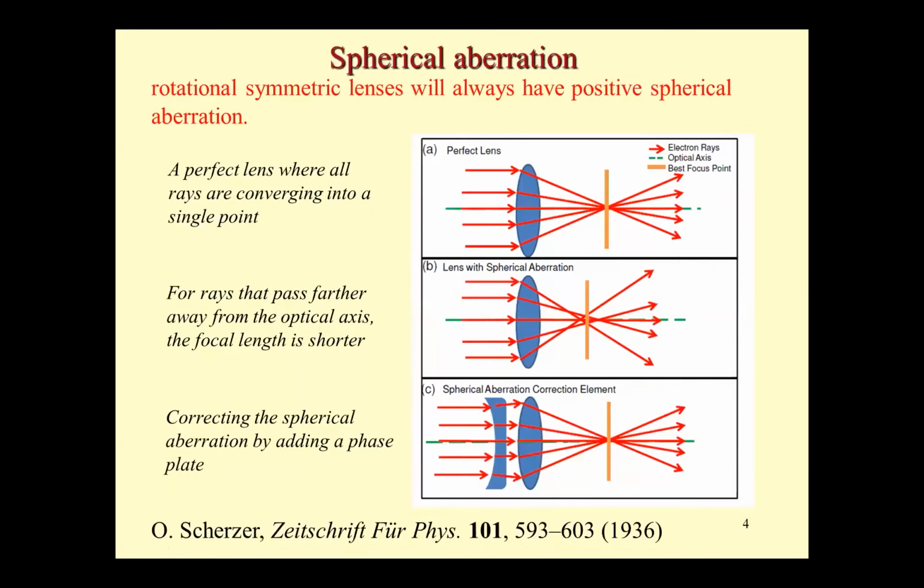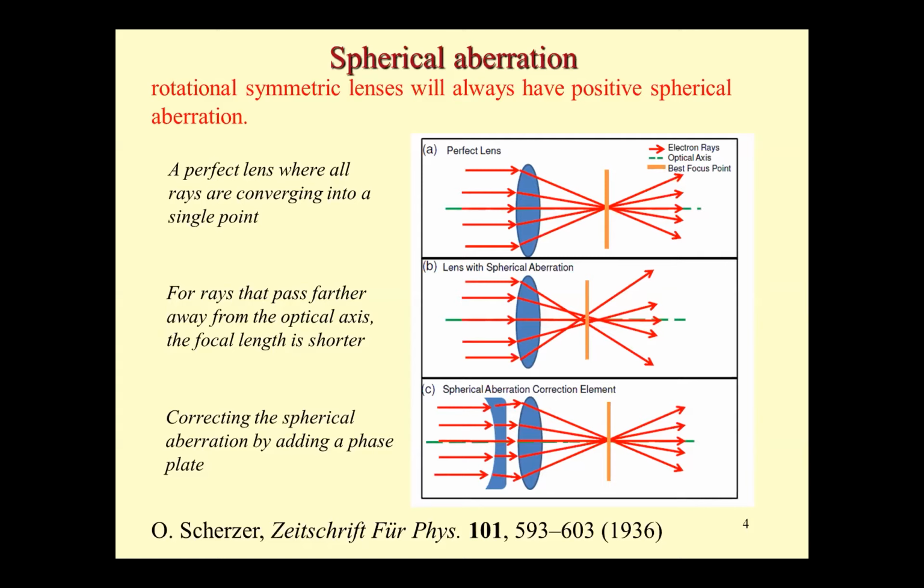And the problem, as we also heard earlier from Lothar, and this is something that is known already from 1936, is that this lens has an inherent spherical aberration. I want to emphasize this is not a technical problem where I can design some different shape of a pole piece. This is a fundamental problem that we have with